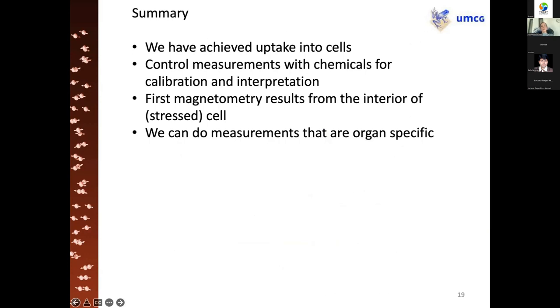So with this, I'm already at the summary of my talk. So we have achieved uptake into cells. We have control measurements with chemicals that allow us to calibrate and to interpret different concentrations. And we have the first magnetometer. And we can do measurements that are organelle specific. So we can go to a specific location like the mitochondria and then do a measurement specifically there, which is something that